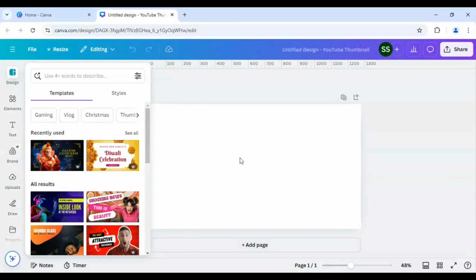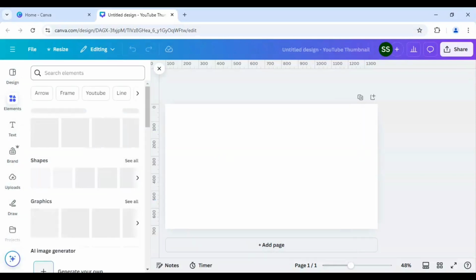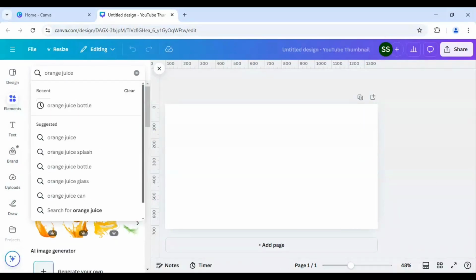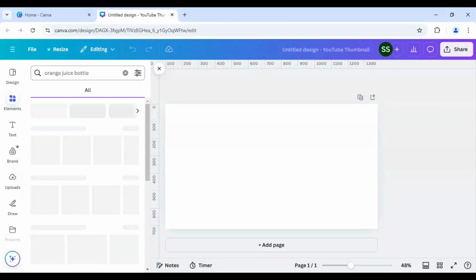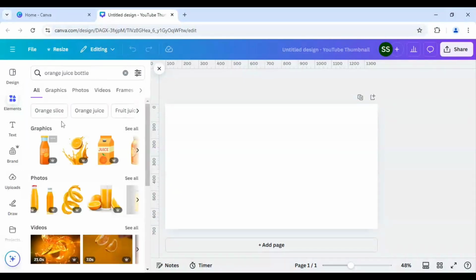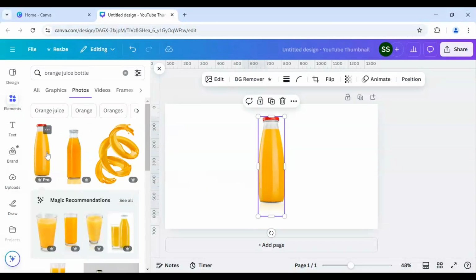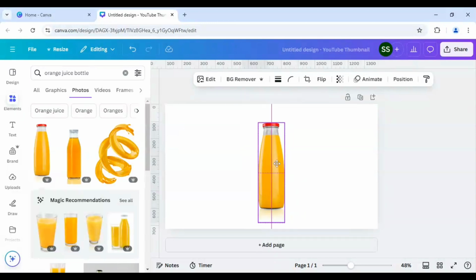So I have chosen YouTube thumbnail as my canvas here, and now I will go to elements, and here I will search orange juice bottle. Okay, so after searching that I will go to photos. So I will use this photo, the first one, and I will just duplicate it and paste it in the